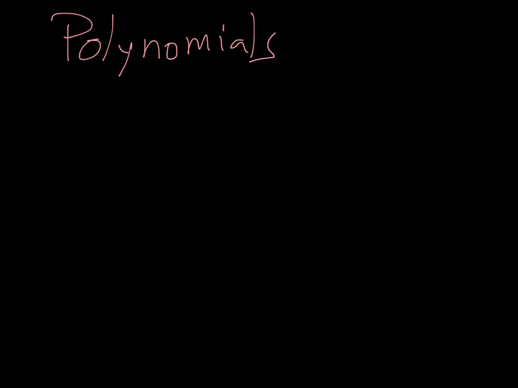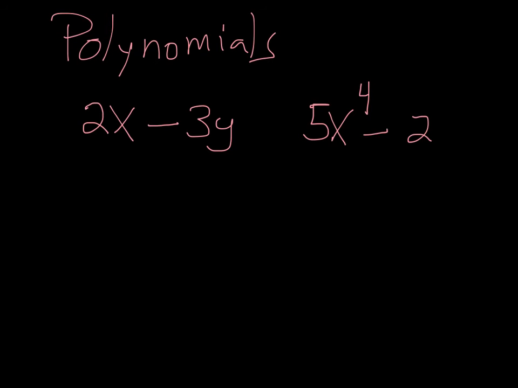So non-negative integer powers means that you can't have fractional powers. You can't have variables in the denominator, or you can't have variables inside a radical sign. So examples of polynomials would be things like 2x minus 3y, or you might have